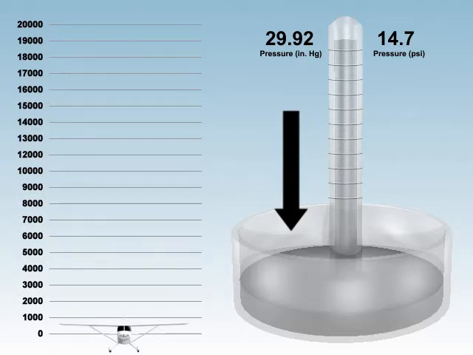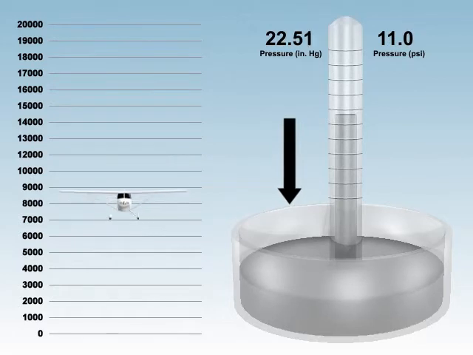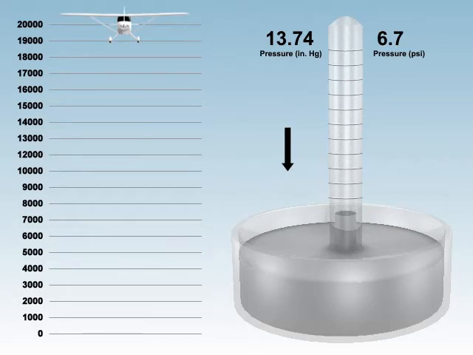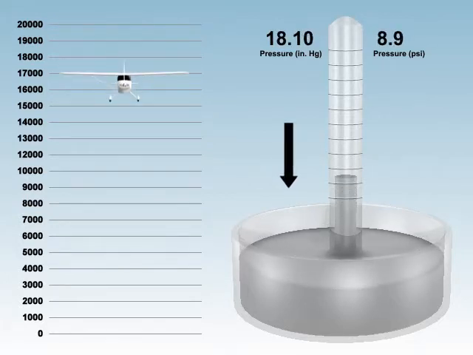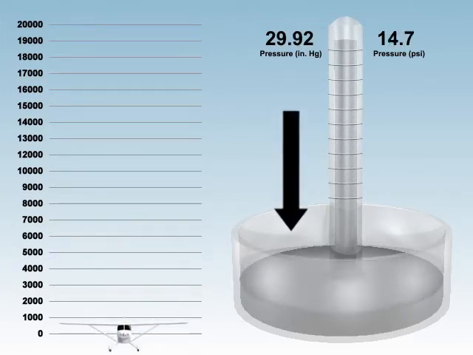As altitude increases, the atmospheric pressure decreases. With less pressure exerted on the mercury pool, less mercury is pushed up the tube, indicating a lower barometric value. More atmospheric pressure yields a higher barometric value. What we learn is that an increase in altitude causes less pressure and a lower barometric value. However, weather changes, and we cannot only fly on standard days where temperature is 59 degrees and barometric settings are 29.92. To compensate for temperatures that are other than standard, we calculate density altitude.